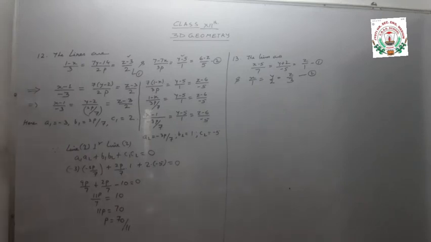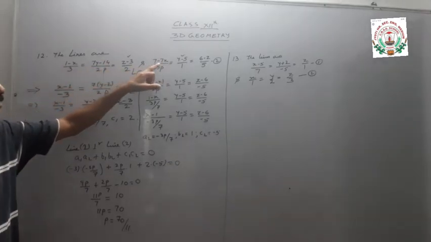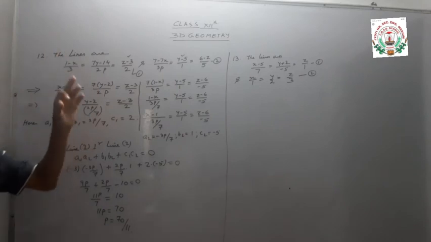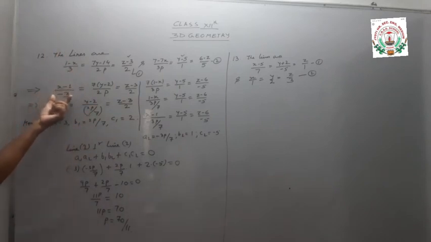Once again I am going to explain, whenever we are getting the Cartesian form equations to find the shortest distance between the lines, or the angle between those lines, or the value of any missing variable, and the lines are given perpendicular to each other as in this question, 1 minus x upon 3: here the passing point is coming first, here also the passing point is coming first. So what I will do, x minus 1 upon -3,